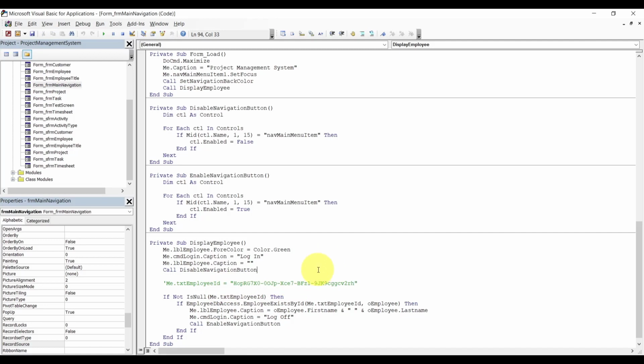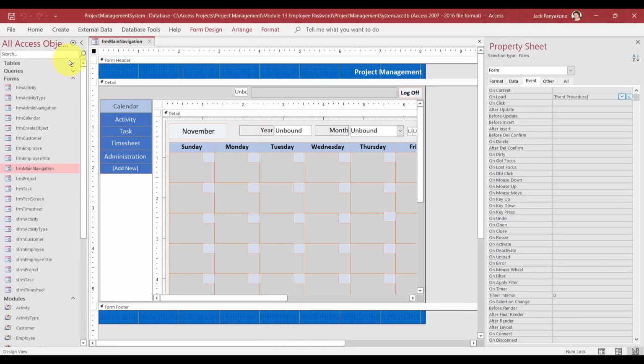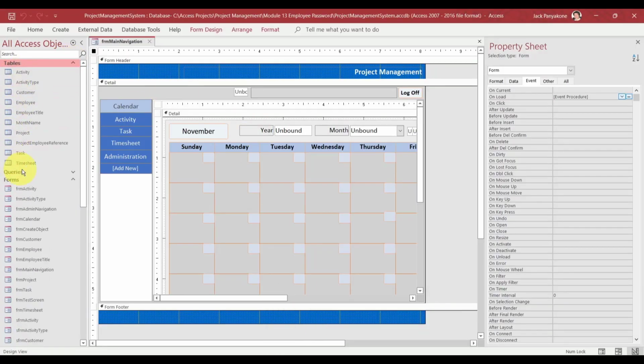Because we don't have a user password or username in tables here, what we really want to do is add a table to keep track of the user password,